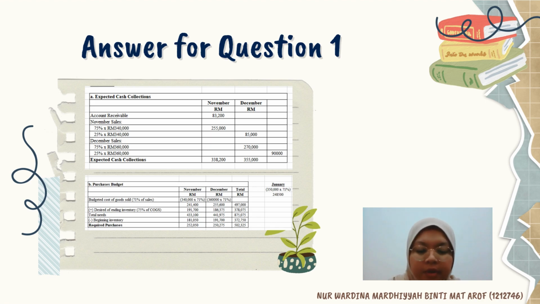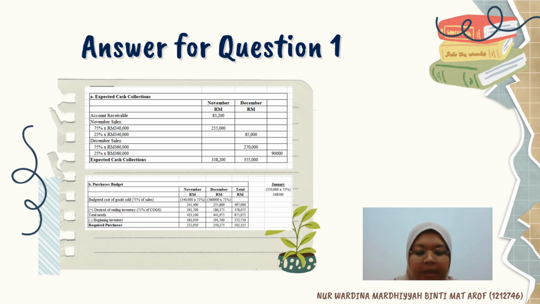For example, for November, 340,000 ringgit times 71%, and December is 360,000 times 71%. Then we get for November 251,400. For December we get 255,600. So the total of both months is